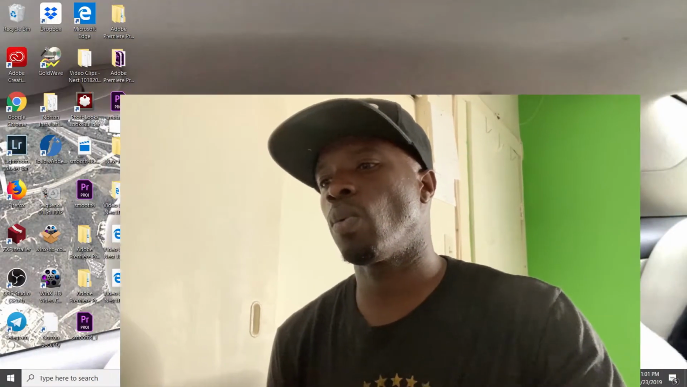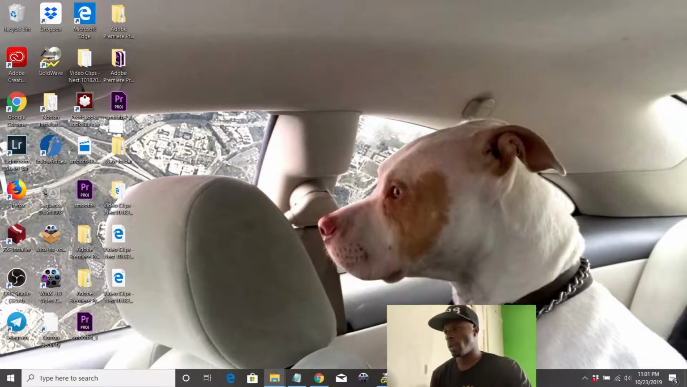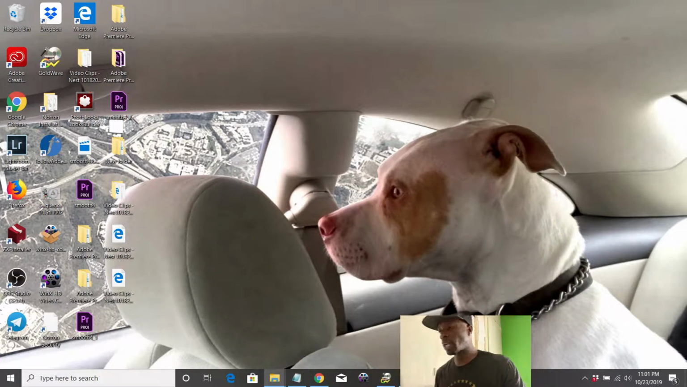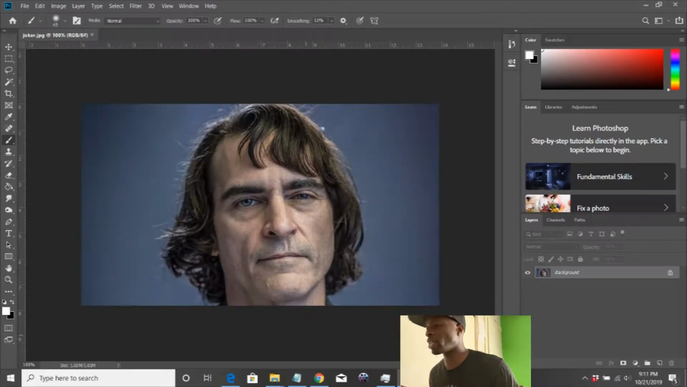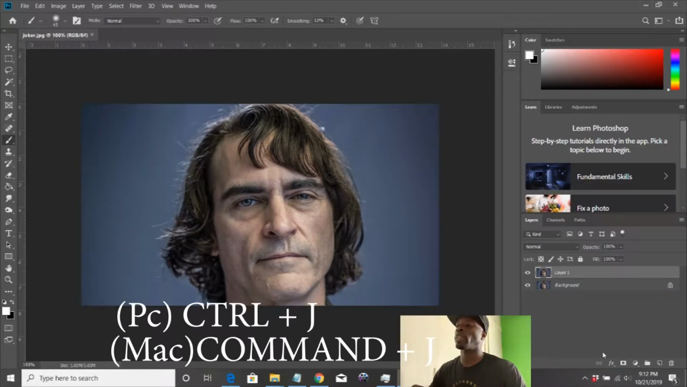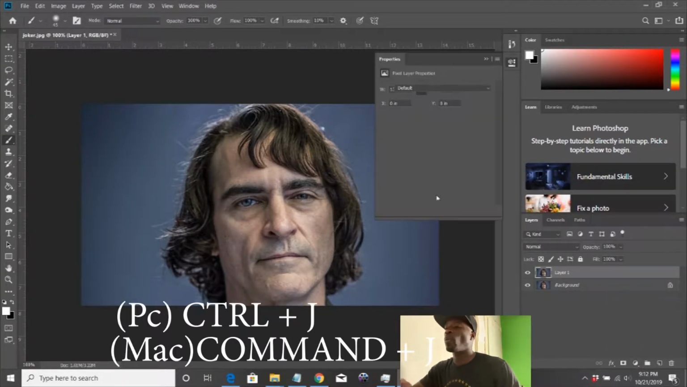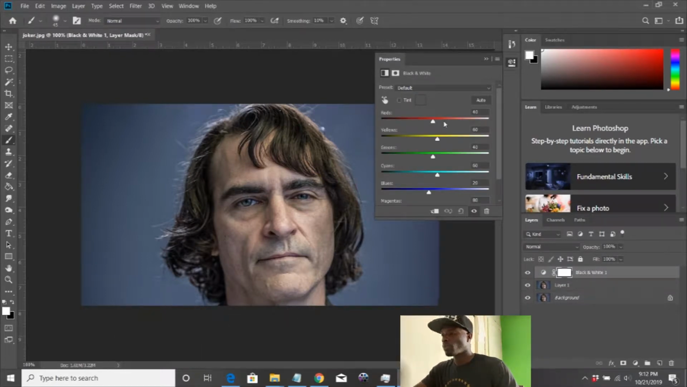Alright, so here's my screensaver. I'm going to open up Photoshop. And I have a picture of Joaquin Phoenix. I'm gonna press Ctrl J to duplicate the image. And then I'm gonna add a black and white filter. I'm gonna mess with the red and yellow coloring. The red messes with the lighter shade and the yellow messes with the darker shade. So you kind of fiddle around with it till